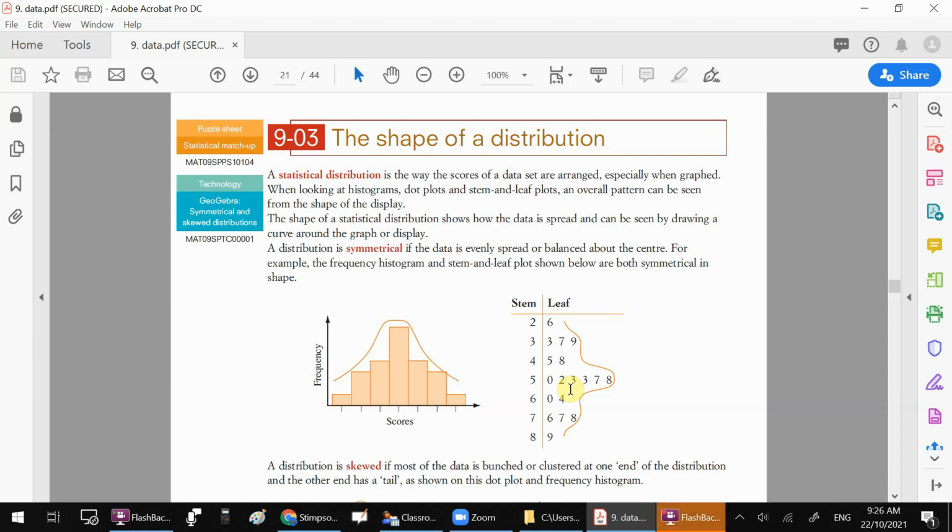Hello and welcome to a video explaining section 903 of the textbook, the shape of a distribution. So looking at shape: what does shape mean and what does distribution mean? These are equally important for the work for this week, but also because this will be in the test on the 29th. So shape deals with probably the trend in the data